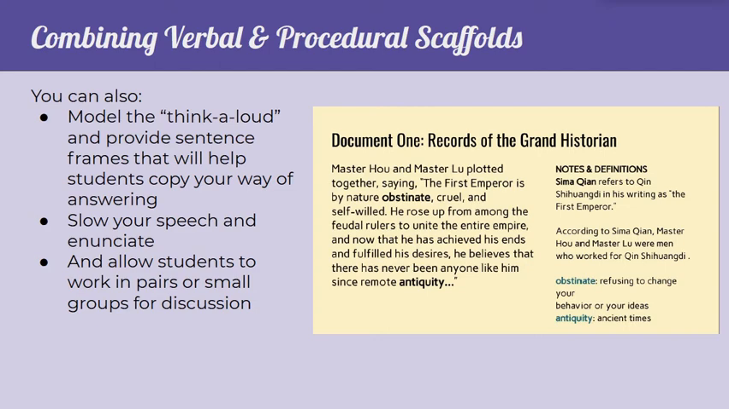Looking at this part of the text of Document 1 from the records of the Grand Historian, it can seem very intimidating to a student to tackle this. You could provide explicit modeling and try something like: